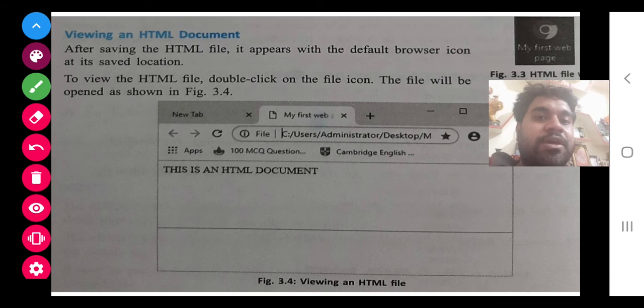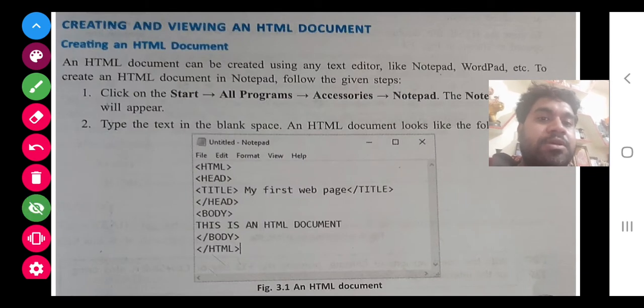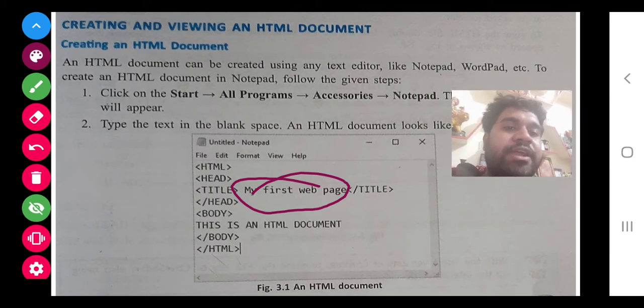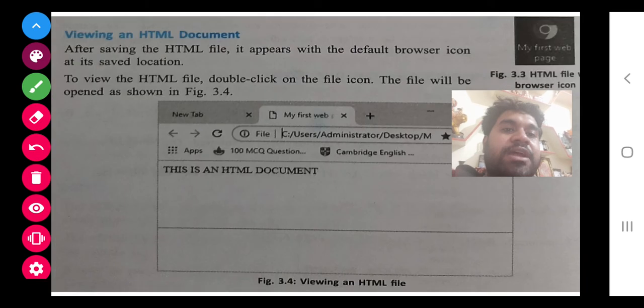It will appear here as my first web page, but you can give your title name different also. That's not a problem at all. You can give your name, or whatever the document you are writing about, you can write here. I am writing on computer HTML language, so you can give a title name, and that will appear in your browser.